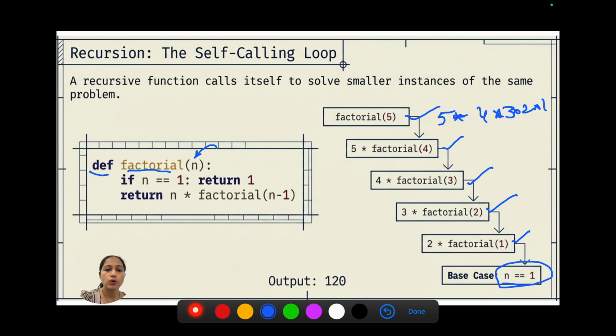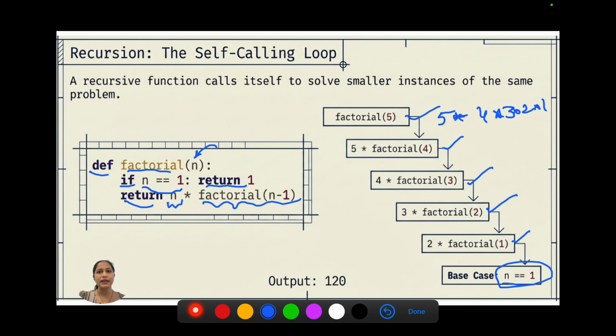The base case I define as: if n equal to 1, then return 1, otherwise return n times factorial of n minus 1. So the possibility here is that you are calling the same function again and again. You are simply writing it once and calling it inside the function body only.